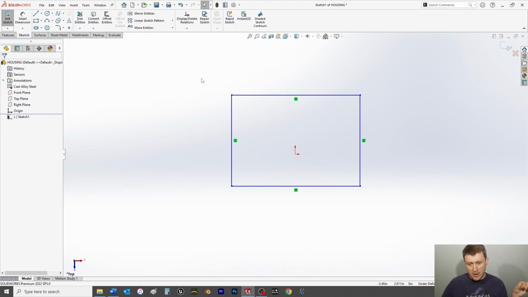Now there's another option to turn off the relations icons. You can see here the little green boxes. I would advise to always keep relations visible, unless you need to do a quick toggle because when you get a busy sketch with lots of lines and curves going everywhere, all of a sudden all these relations are going to start to plague the sketch, and you may need to briefly turn them off to get a sanity check of what's going on. But for the most part, you want to leave your relations on,